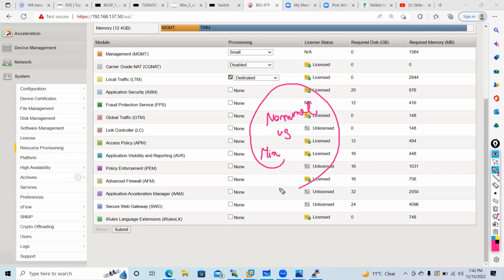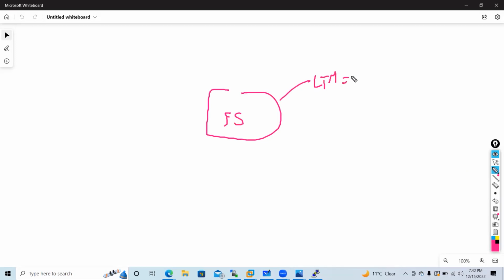Minimal is like if you are configuring one service in F5, like GTM or LTM. Okay, let me draw a topology for you. Let's say I have an F5 and you have allocated LTM as minimum. It will get some resources, the least amount of resources, correct?